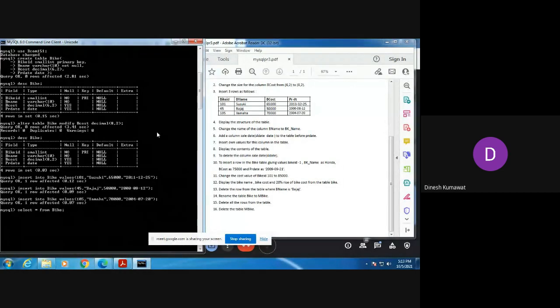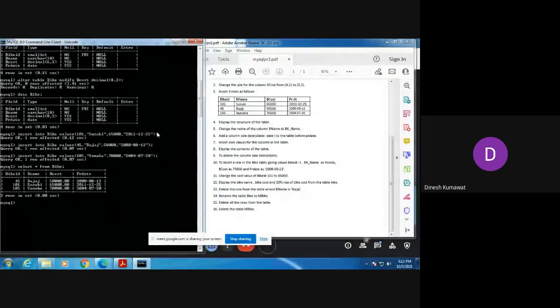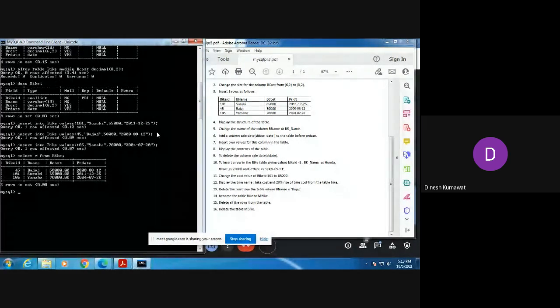Just give the semicolon at the end and press enter and see whether we are getting the table or not. Okay, so you can see we are getting the table. Observe one more thing.